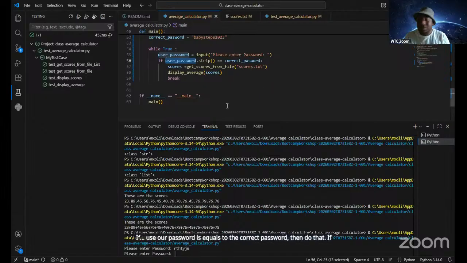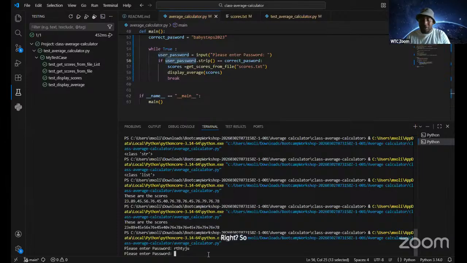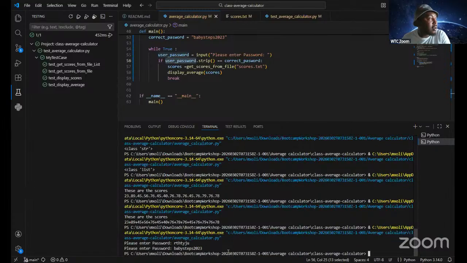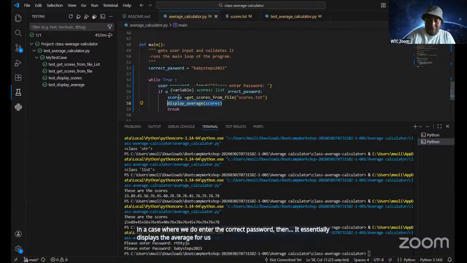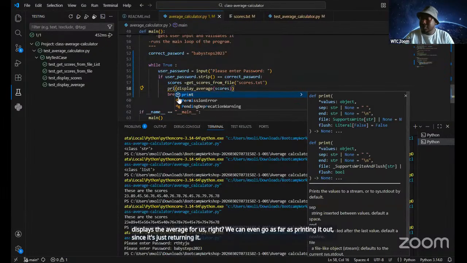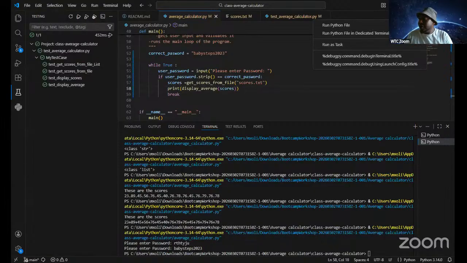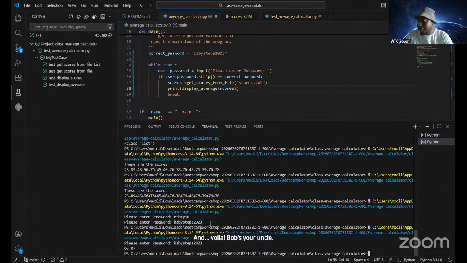If it's not, just carry on. In the case where we enter the correct password, it displays the average for us. We can even go as far as printing it out since it's just returning it. And voila, Bob's your uncle. It prints out the average for you right there. Cool.